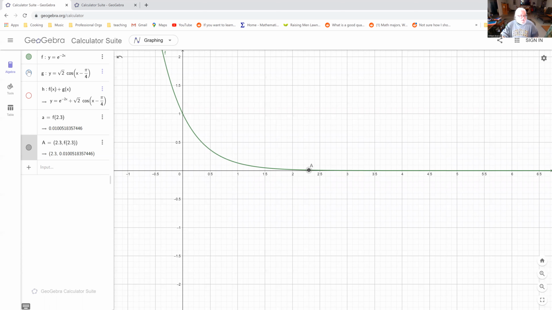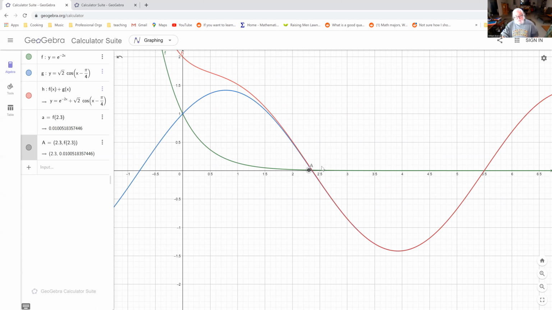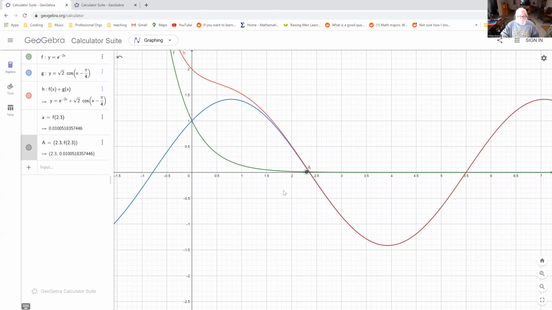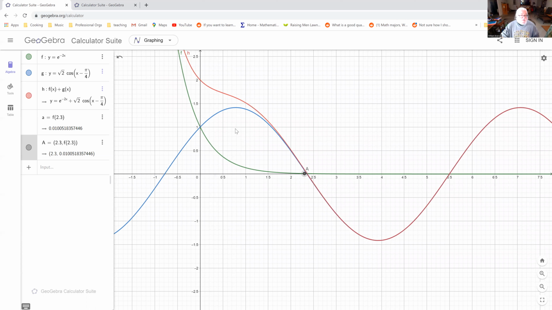And we look at our solution, right around here, this is where the homogeneous solution got so small that we can just ignore it. We can put in this particular solution. And that's about where the red curve and the blue curve just start running together. So at about 2.3,